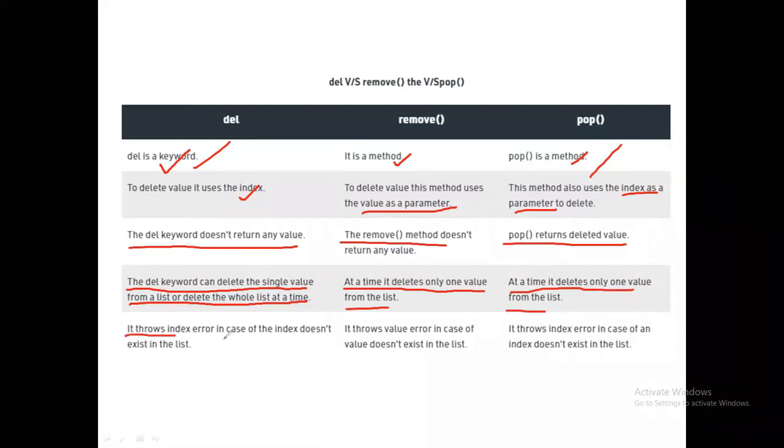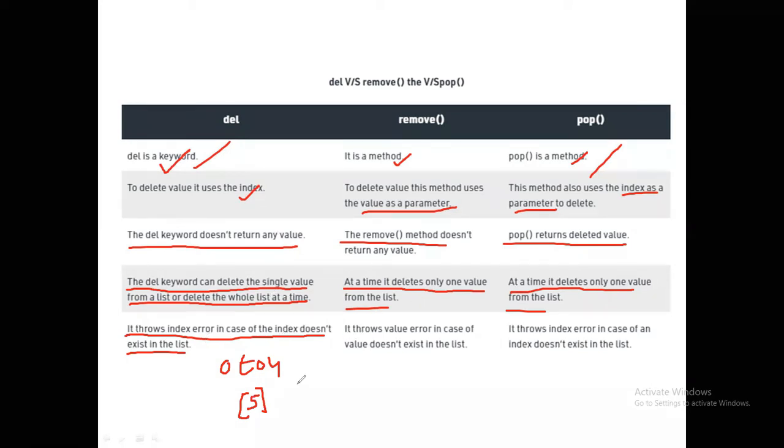It throws an index error in case the index does not exist in the list. For example, there are only five elements in the list, so the index is from 0 to 4. If I try to delete the fifth index, the del keyword does not return any error.